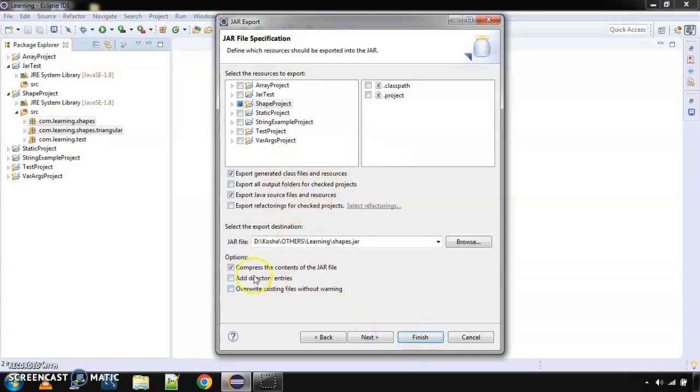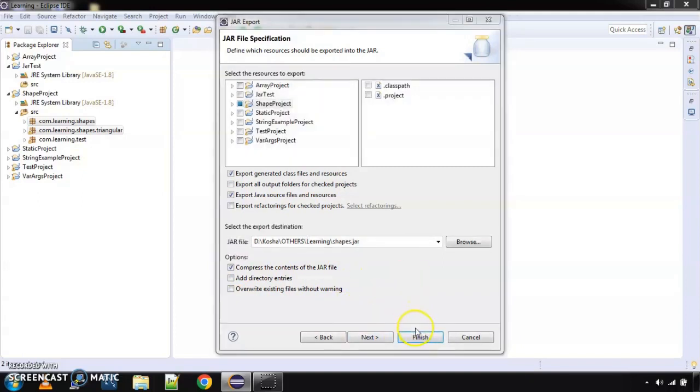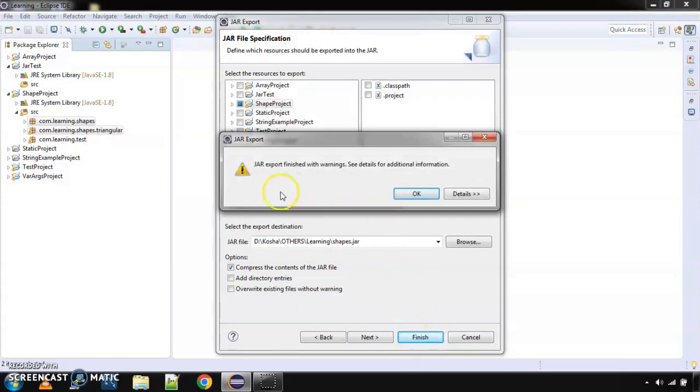So we do this, and this is another option that you can compress the contents of the jar file so that they are not taking too much space, and you can say finish. Now this gives you a warning. You can just ignore this and say OK,